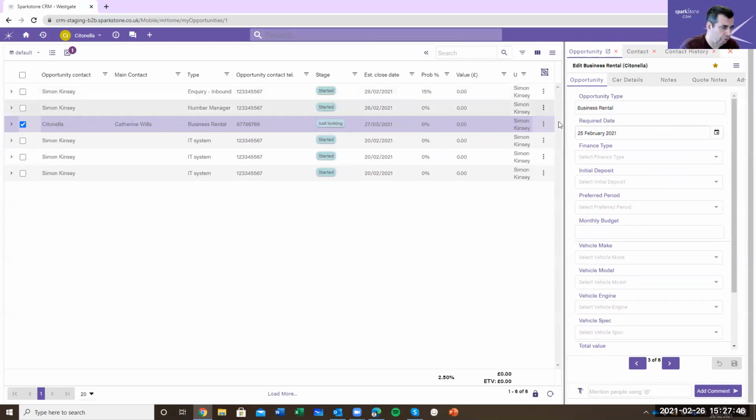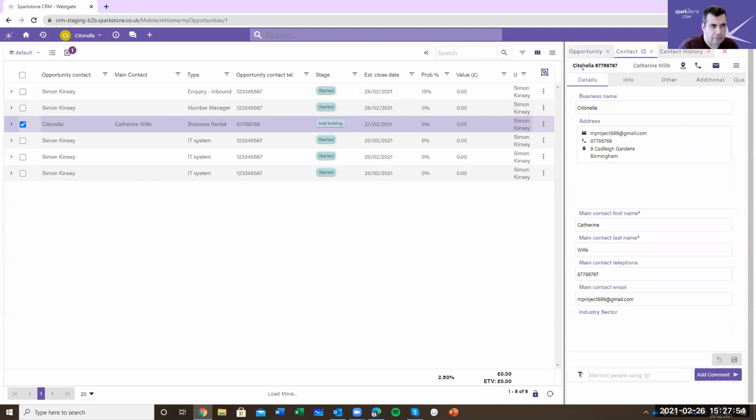And if I wanted to, I can also see, this is the opportunity. If I want to see more detailed information about the contact, in this case, Citronella, I can see that this is their phone number, this is Catherine Wells as their main contact. If I want to see everything that's gone on with this customer without leaving the screen, I can click on